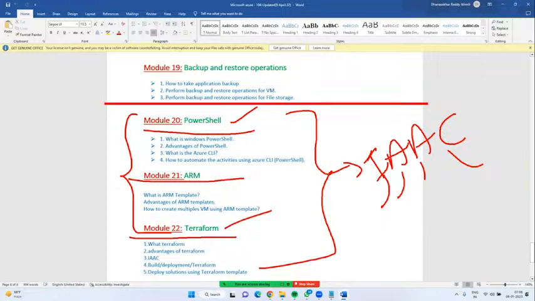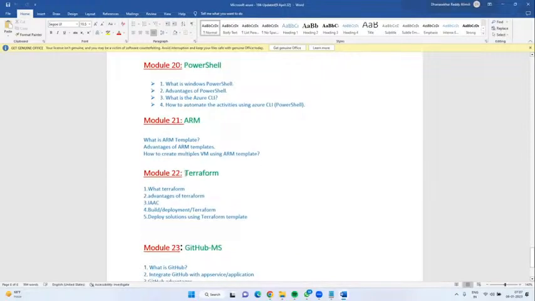Every cloud in the sense, if you go for Google or AWS, Terraform, PowerShell, shell scripting, these three are usable. ARM template in the sense Azure Resource Manager, that is a native tool that can be used for Azure cloud computing itself. Terraform, I can say, supports a cross-platform language. If you write one template in Terraform, the same template can be hosted in AWS, Google, Azure. Just change the providers. That's it.